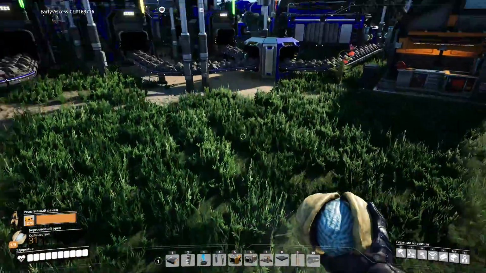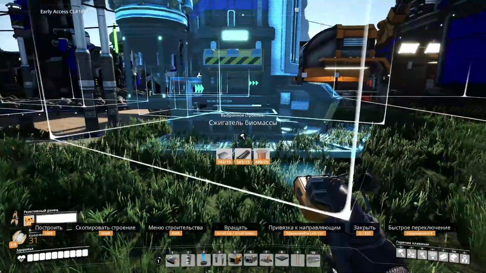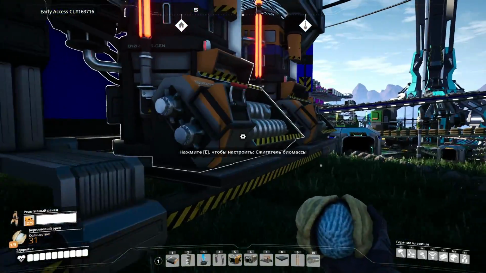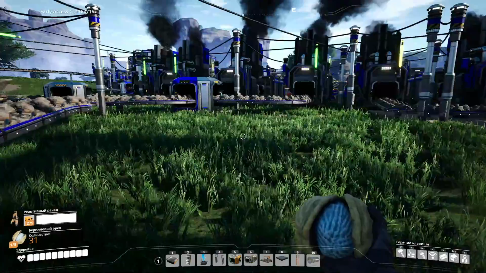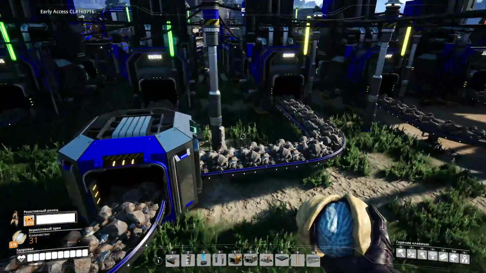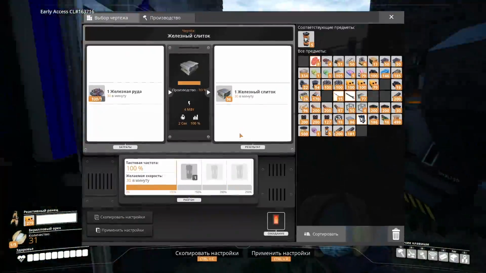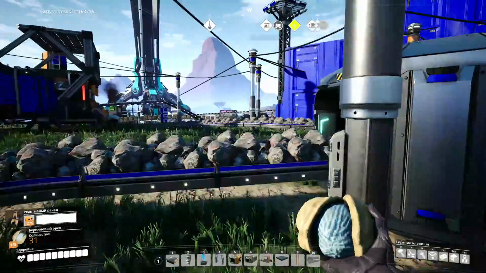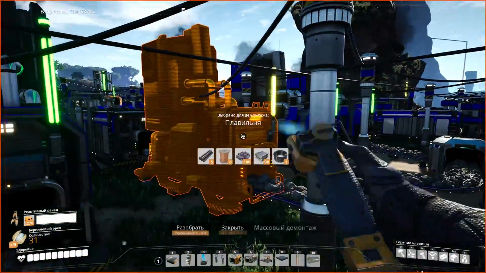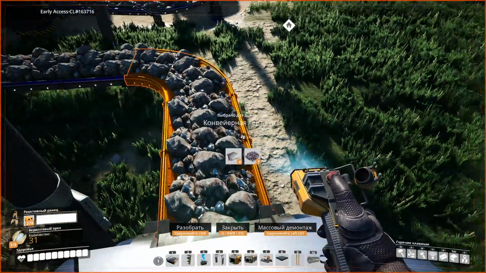Right here there were, how many? Like 8 maybe biomass burners. And these two were also purple. What did I decide to do? I thought, okay, if it is weak, we receive only 15 iron ore. I created this one first, and then I understood that I can get 60 with this